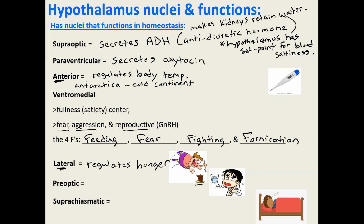But I've got a person who's obviously thirsty and there's a glass of water. So the preoptic nucleus stimulates the thirst response. So if you're dehydrated or you've had something very salty, that urge, oh, I gotta have something to drink. I'm just dying. I gotta have something to drink. That's a very strong impulse. That's the preoptic nucleus. And then the last one, I've got someone sleeping in bed, suprachiasmatic nucleus, and this is